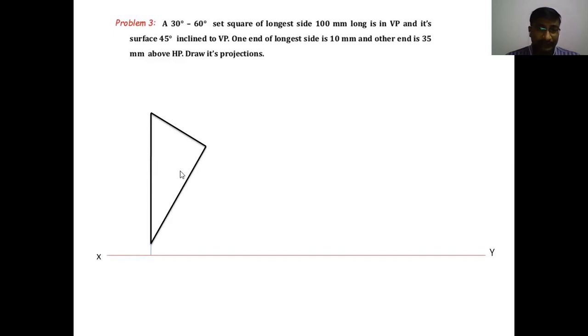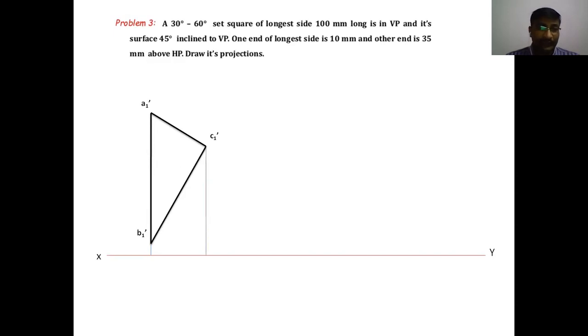This is the set square. It is the front view first of all. We are assuming the surface is parallel to VP. Whenever we assume the surface is parallel to VP, we have to draw the front view first of all. The true shape will be visible in the front view. Clear, students? The corners: this is the front view in the first stage. That's why I'm locating A1 dash. A is the corner, 1 is for first stage, and dash is for front view. B1 dash is the other point of the longer side, and the third corner of the set square is C1 dash. These are the three corners of the set square.